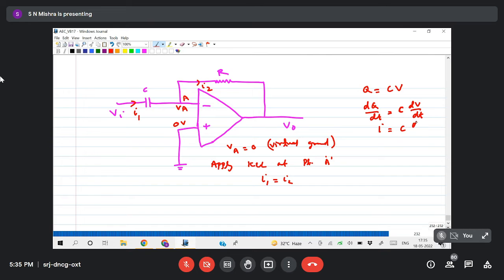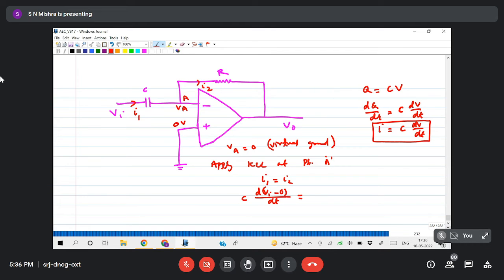So if a capacitor is there, then the current flowing across it we can find by C dV by dt. So I1 is flowing through the capacitor, so I get C dV, where dV is the differential voltage between these two terminals, so C d(Vi minus 0) by dt equals